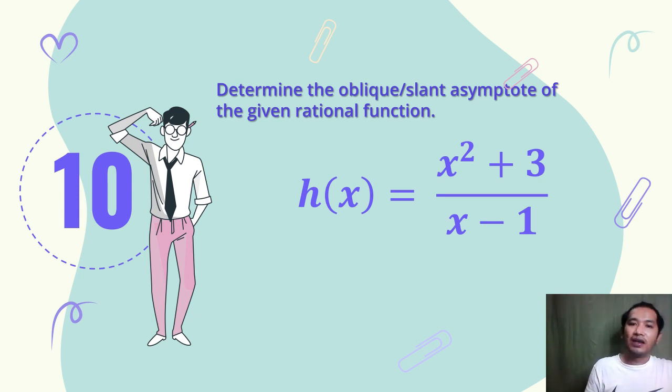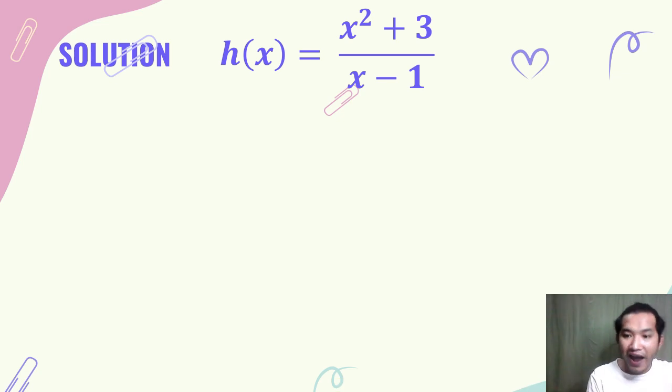So last one, determine the oblique and the slant asymptote of the given rational function. That is the h of x is equal to x squared plus 3 all over x minus 1. Alright. For us to have the value of our oblique or the slant asymptote, okay, we will divide the function. Okay, we will apply the division of polynomial, and that is x squared, okay, plus